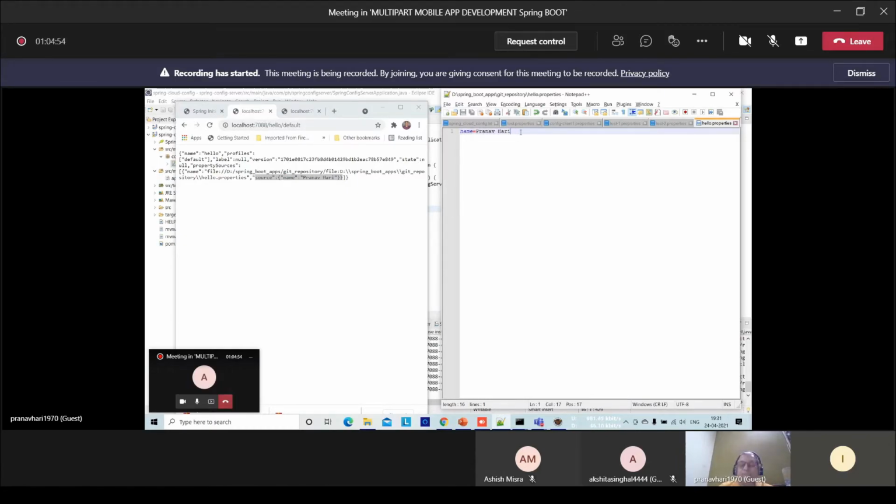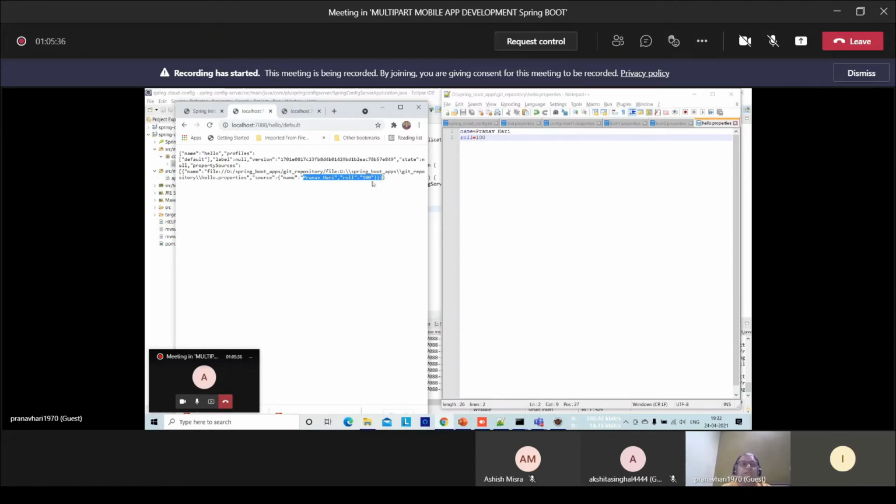Got it? Now let me do some more editing to this property file. Let's say the roll number is 100. Save this file and refresh this page. This is coming. Can you observe one thing? Do I have a restarted server? Answer is no. So at the time of execution, the config server does not read any of the properties files.